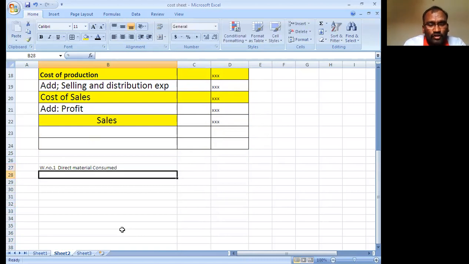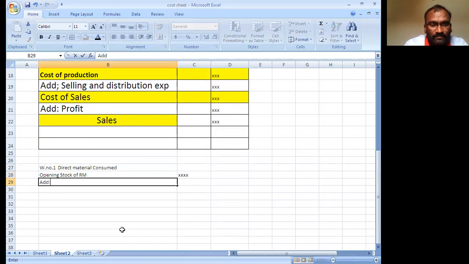First you write the opening stock of raw material. Next, add purchase of raw material.